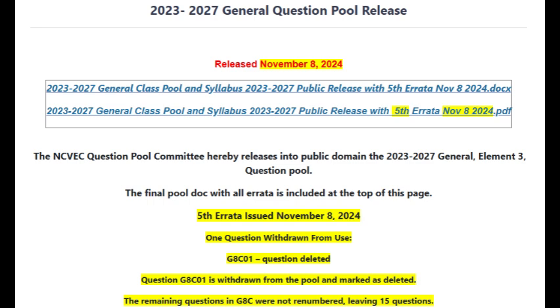G9C06. Question deleted. Question G9C06 is withdrawn from the pool and marked as deleted. The remaining questions in G9C were not renumbered, leaving 11 questions. G9D13. Question deleted. Question G9D13 is withdrawn from the pool and marked as deleted. The remaining questions in G9D were not renumbered, leaving 12 questions. 2023-2027 General Class